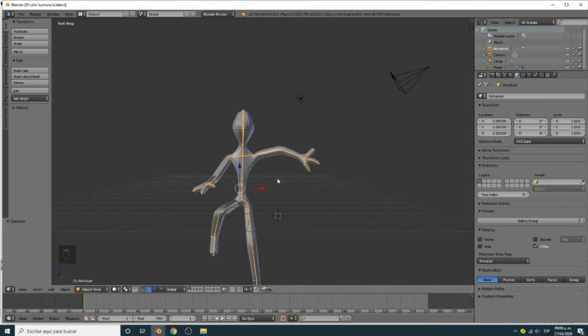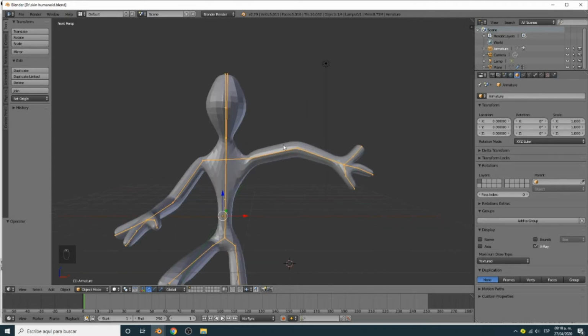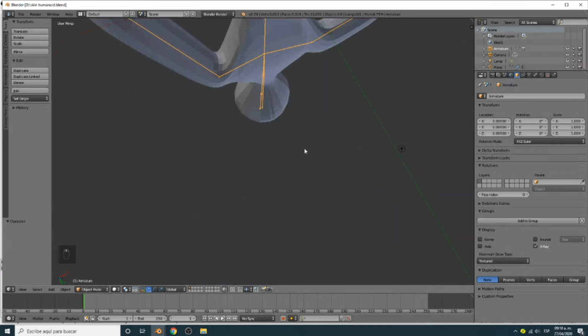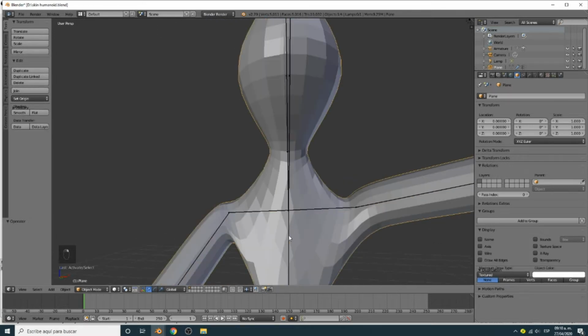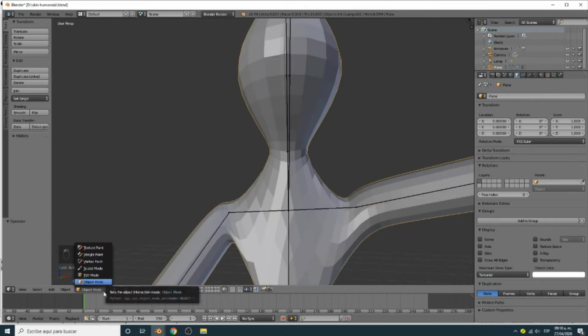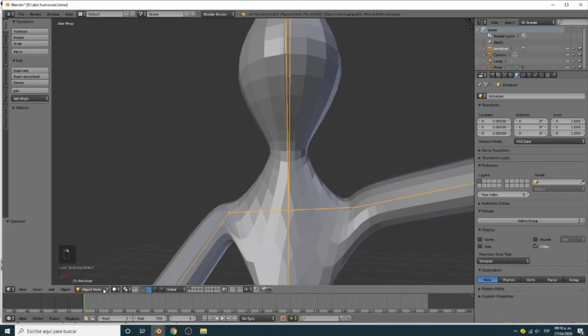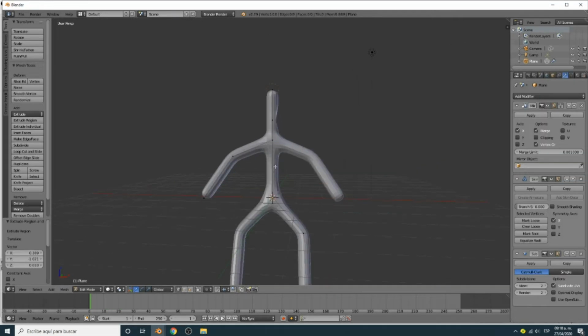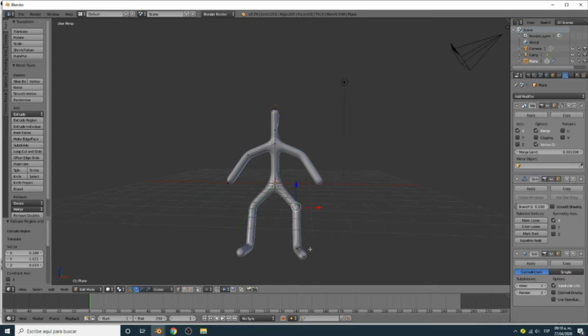But first, if you have one of these problems, for example, that you have two bones instead of one, you can see one here. I'm going to the pose mode. You can see one here, but here you have two. So that's a problem. Or maybe you started the human body bones on the left side, and then you continued the legs on the right side. Go to the how to fix bones tutorial and then come back to this one. Okay guys, thank you.